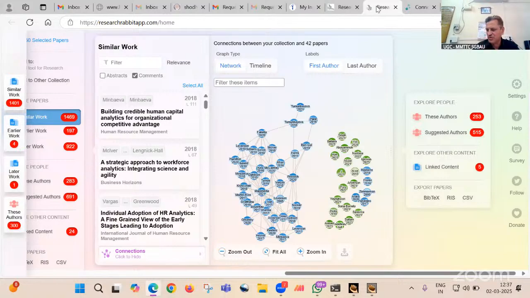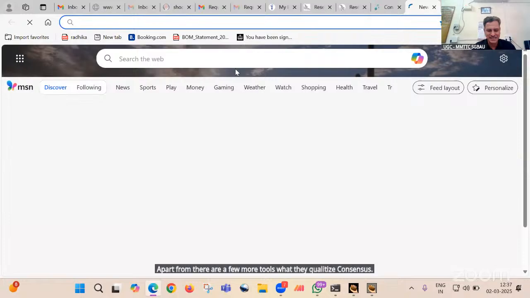Apart from this, there are a few more tools, what they call as Consensus. Okay, this is once again